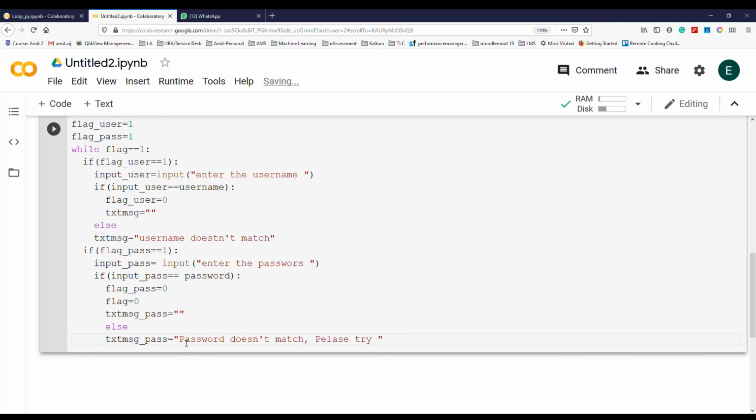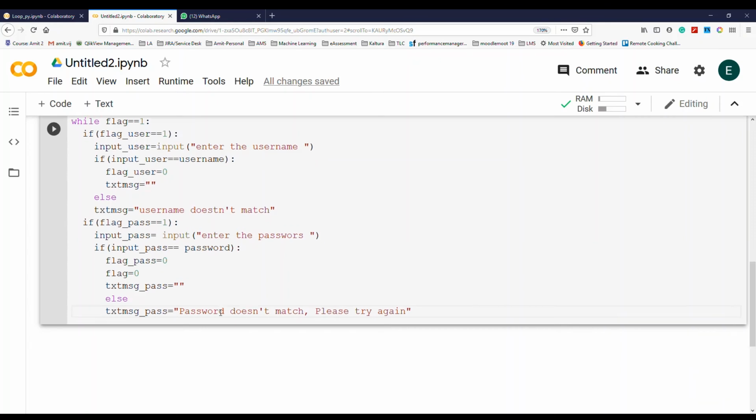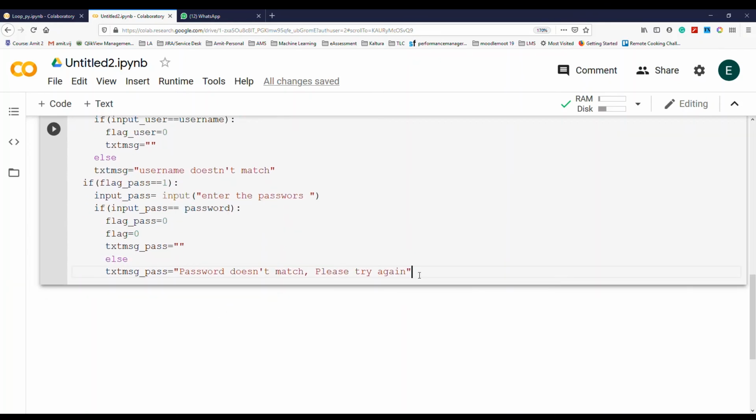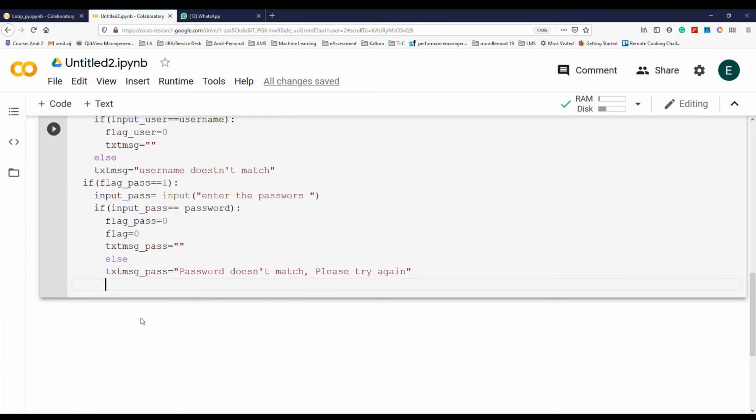Please try again. Now another thing is we have to change a flag of password to 0. We did the flag of this one, and yes, we'll go out of loop out of if, and we will print the results for